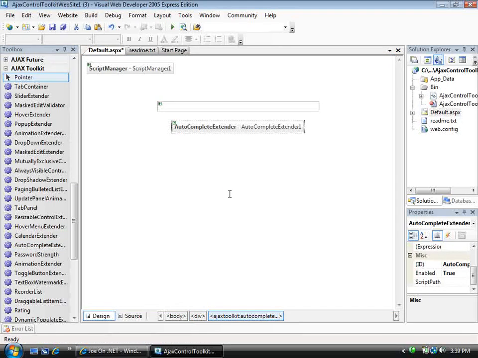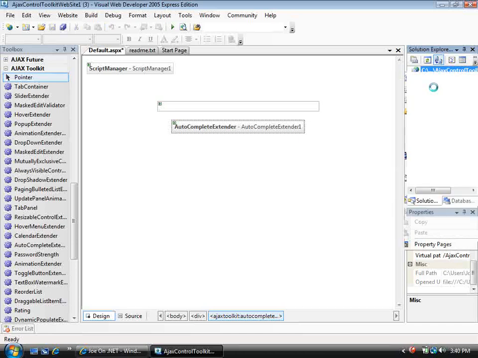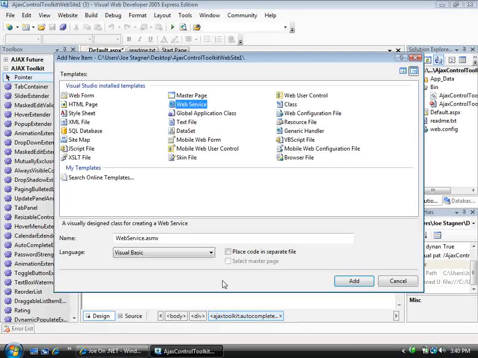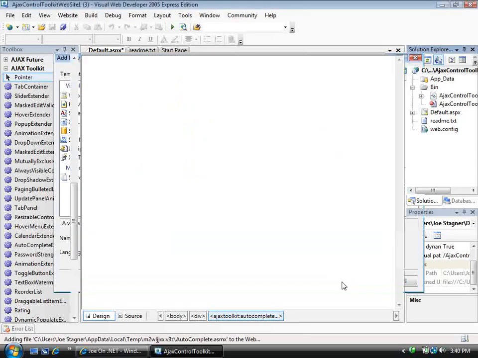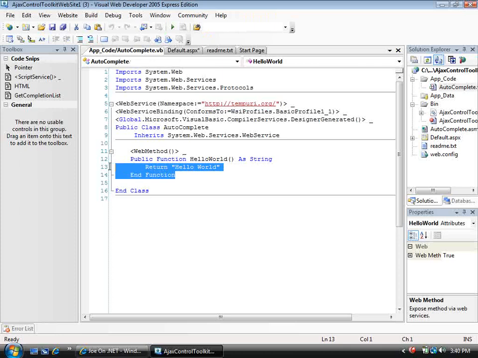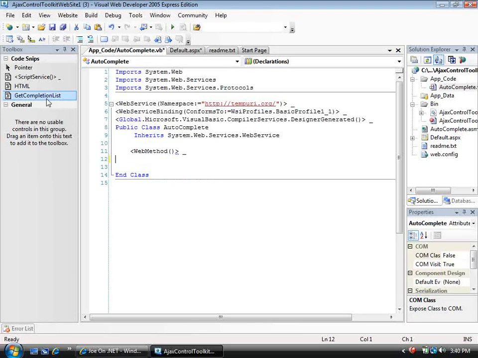That message just tells me that there's already an instance of the Ajax Control Toolkit DLL in my bin directory. So the next thing that I need is a service to call as the user types in the text. So we'll do that by creating a web service here in our ASP.NET project. So we'll say add a new item. We'll make this a web service. We'll say place the code in a separate file, and instead of web service, I'll call it AutoComplete. Now, for the sake of the demo, I'm just going to use a static method,